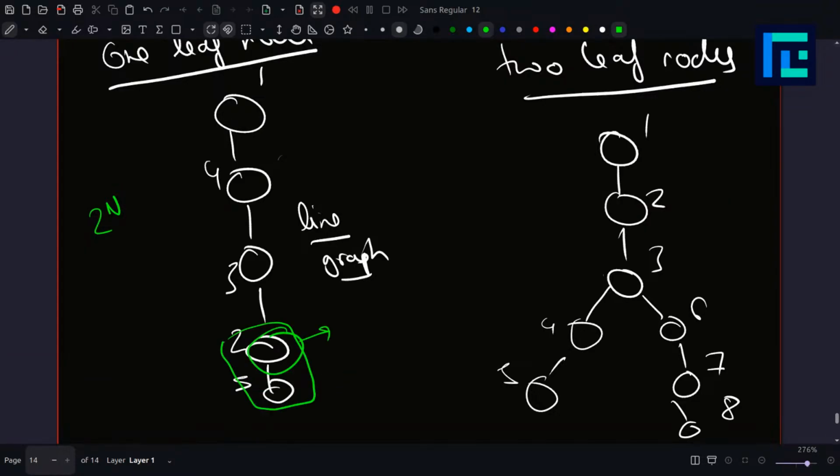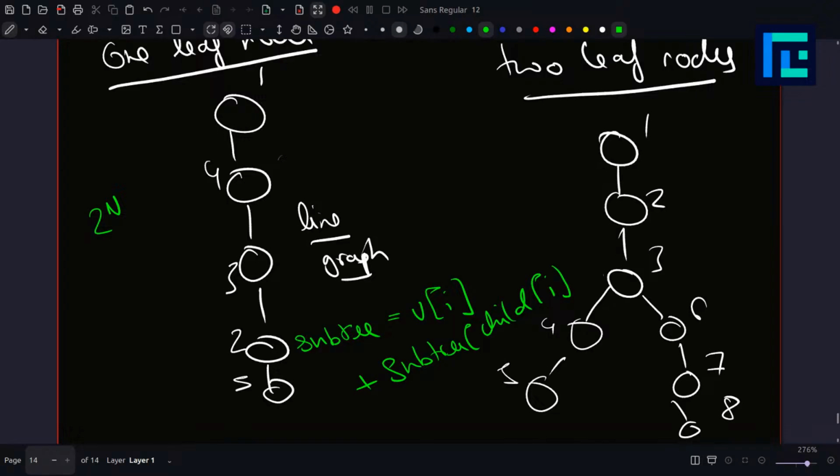We want subtree sums to be unique. But each subtree sum will be the value at i plus the subtree sum of the child of i, right? So this thing is adding this. If there was some value x over here,